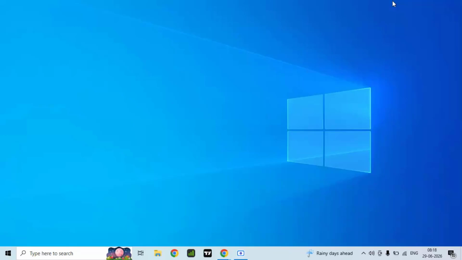Guys, if you are seeing the Windows update stuck and you will see the error, "We couldn't complete the updates, undoing changes, don't turn off your computer," then I will show you a couple of steps you can try and fix this issue. For this, first you just need to hold the power button at least for 10 seconds,